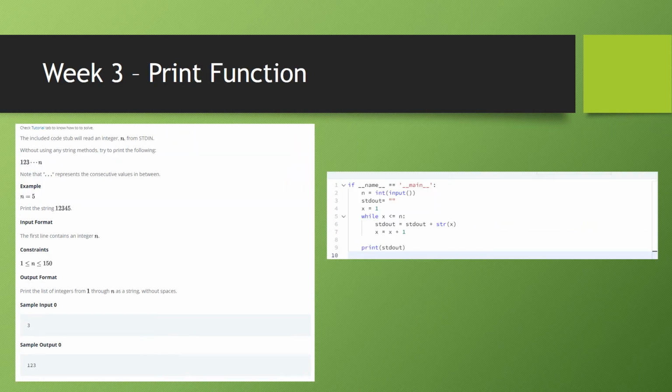All right, week 3, print function. This one was, I think, classified as an easy problem. All it does is take an input. I set the output as a string, set a counter to 1, and then while this counter is less than or equal to the input number, print the